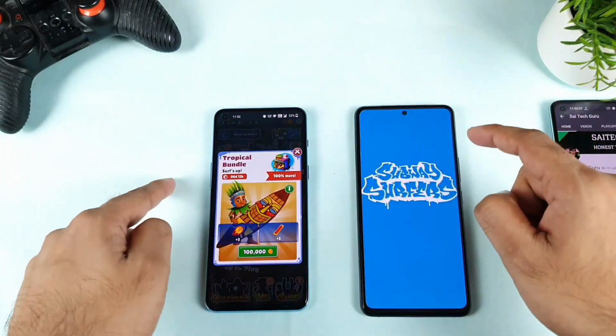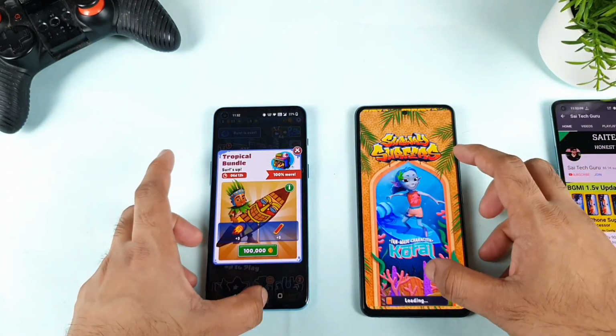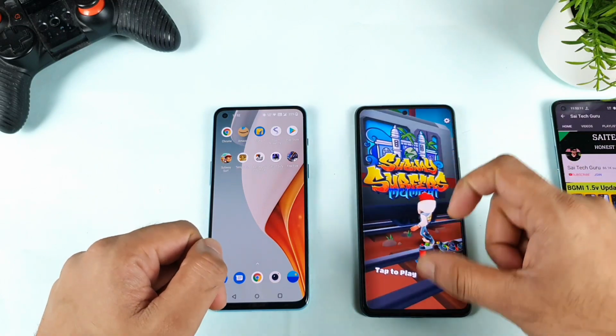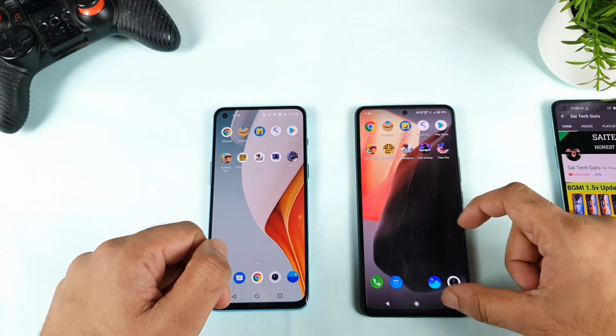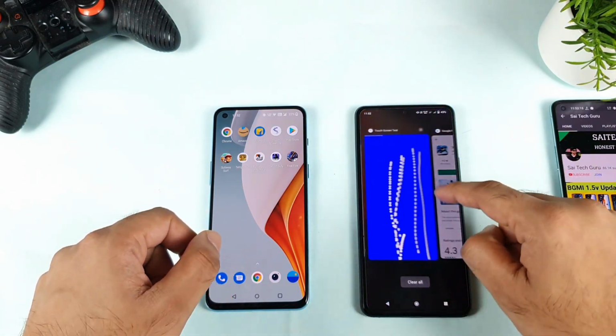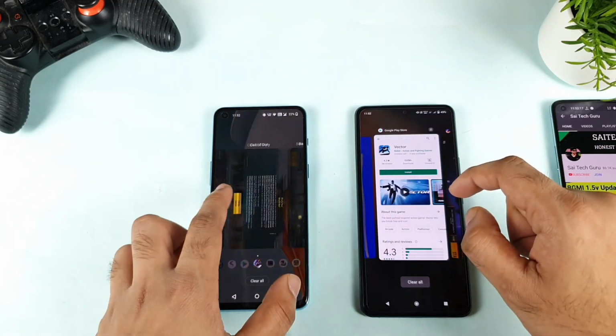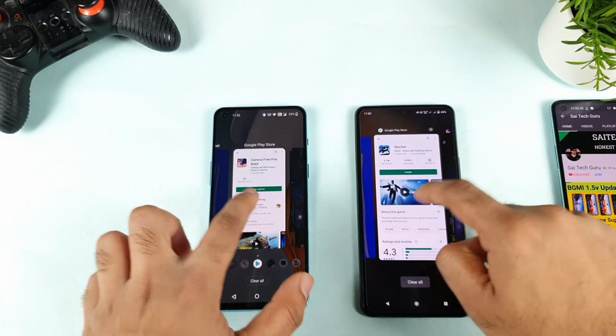But right now in this speed test, you can actually see the OnePlus Nord 2 was able to load 5 games properly. The iQOO 7 device did not load this Subway Surf for some reason. But let me try to start from the multitasking. Let's see what happens. Yeah, multitasking, 1, 2, 3.